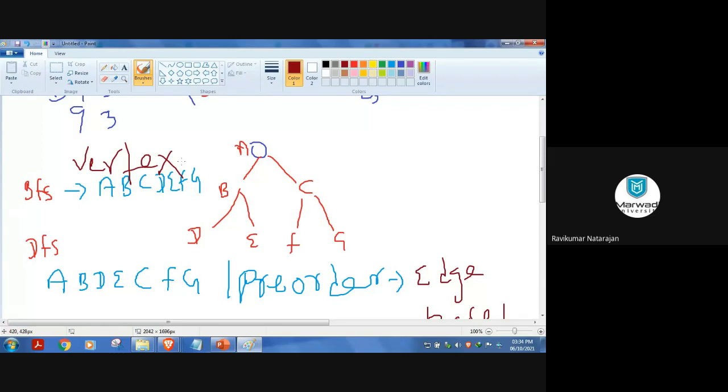You know what BFS is? First give the full form of BFS. Don't say anything else. It is breadth-first search. And what is the spelling for graph? G-R-A-P-H. Some have written G-R-A-P. Graph.